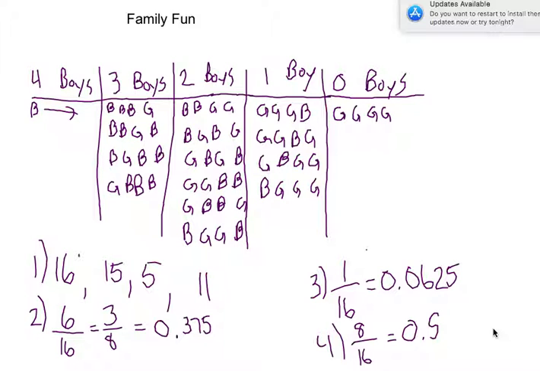The next page kind of has some information on Pascal's triangle, which might be kind of fun for you. Just do the best you can on those, okay? But probability is really important. It's just important right now. I just want you to understand that a probability is between 0 and 1, looking at what this is called a sample space, where it gives you all of the possible outcomes and being able to select, okay, this one, this one, this one, this one, and this one, and so on.